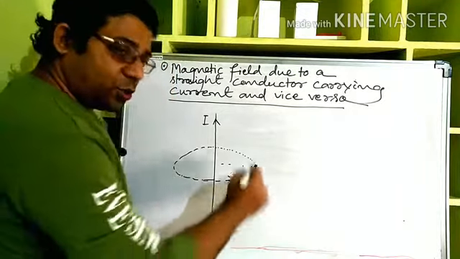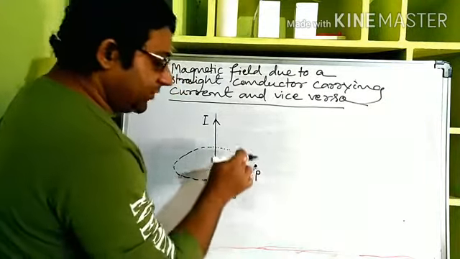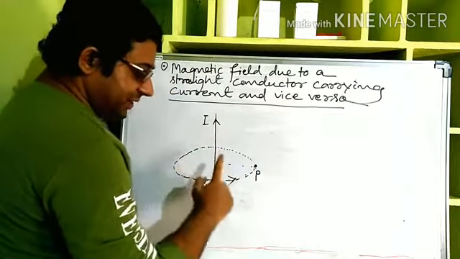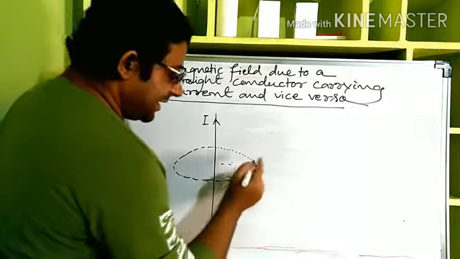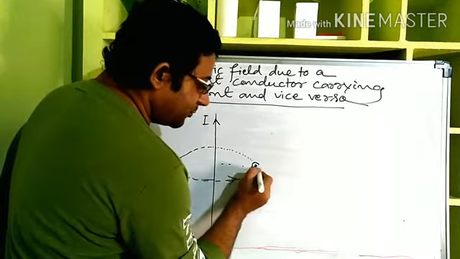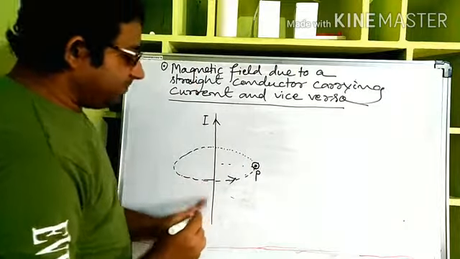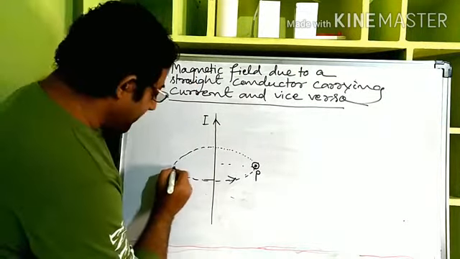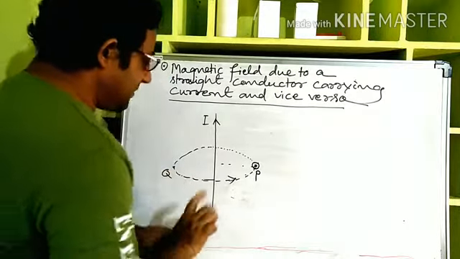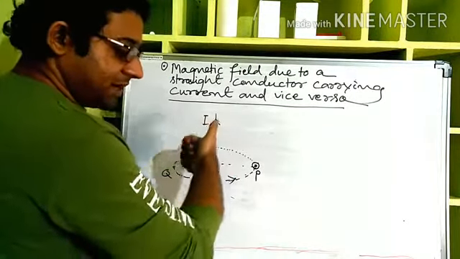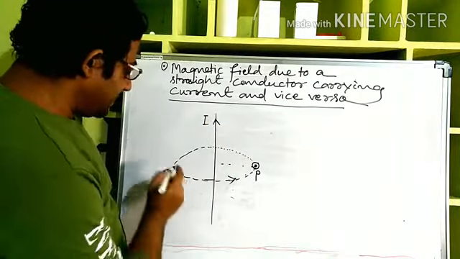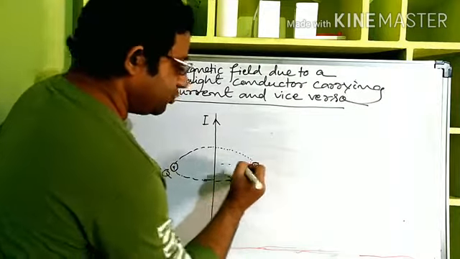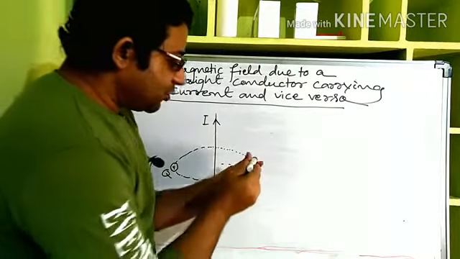Now this is in total, but at P, what will be the direction of the magnetic field? See, it is going like this and coming like this. This means at P it is going into the board, right? So due to the same current, what is the direction of the magnetic field at a point Q? See, keep your thumb like this, coming like this. So it is coming out of the board, right? So it is out of the board and we can show it like this. This is into the board, that means it's going in.